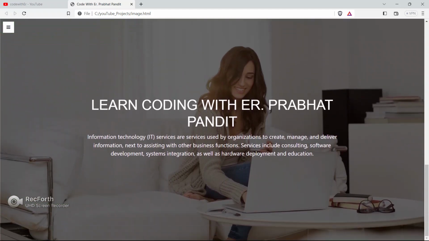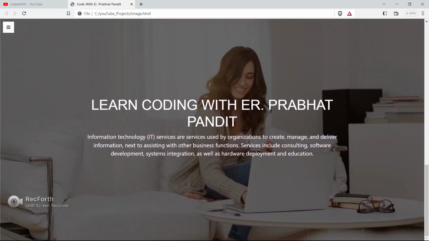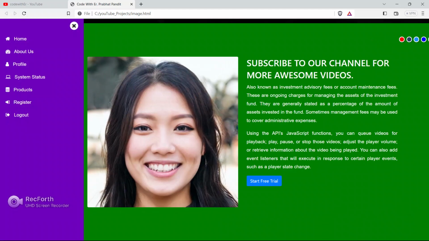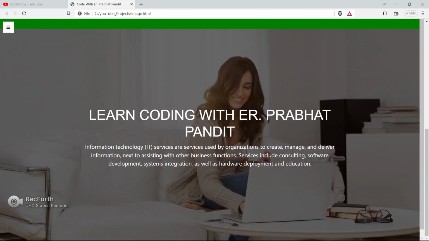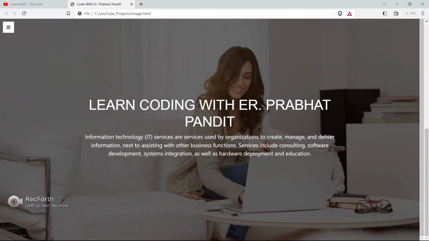Go down, and in this section we will learn how to create this kind of layout, guys. This is known as an overlay layout. It is a full width, full height, full window layout. We will learn how to create this kind of section also in this tutorial. This is fully responsive, guys. Just see the animation.